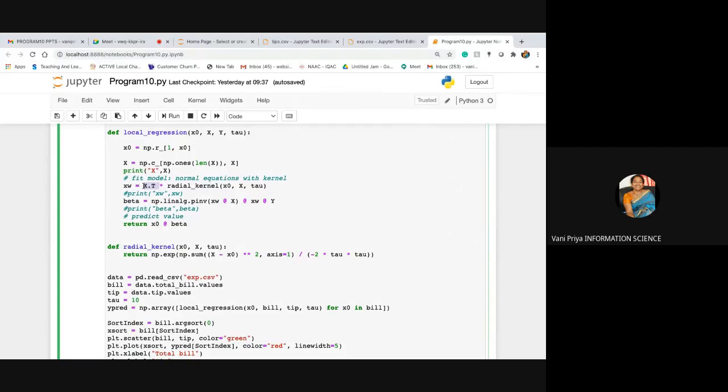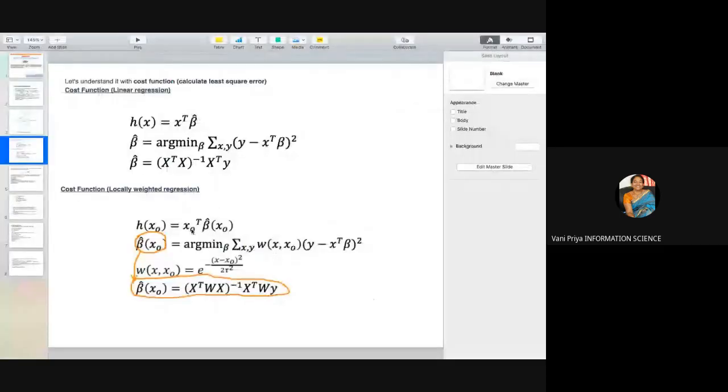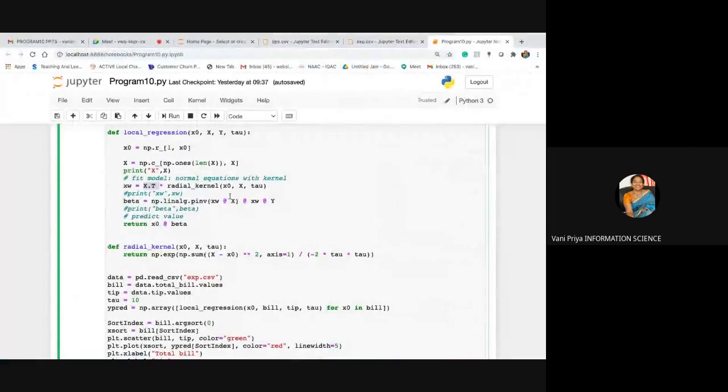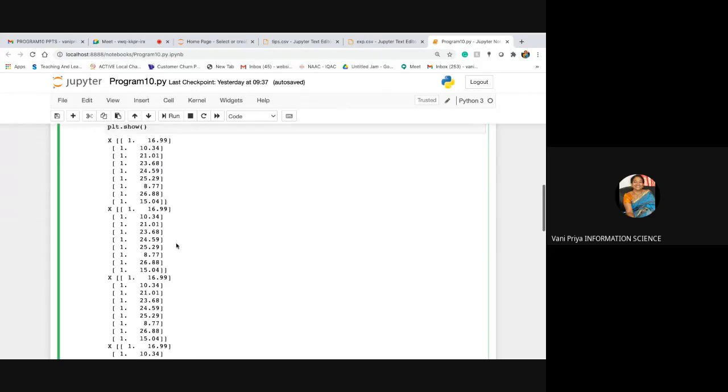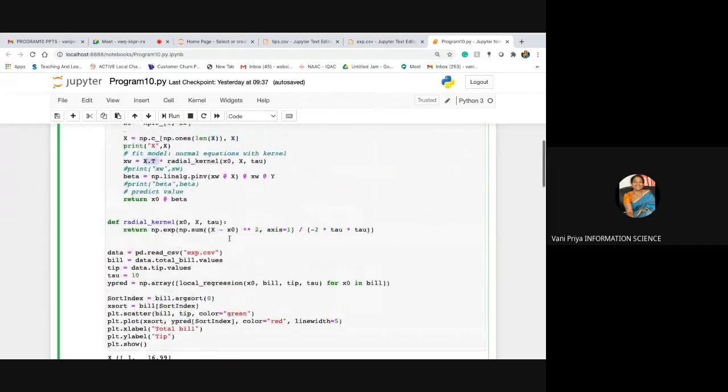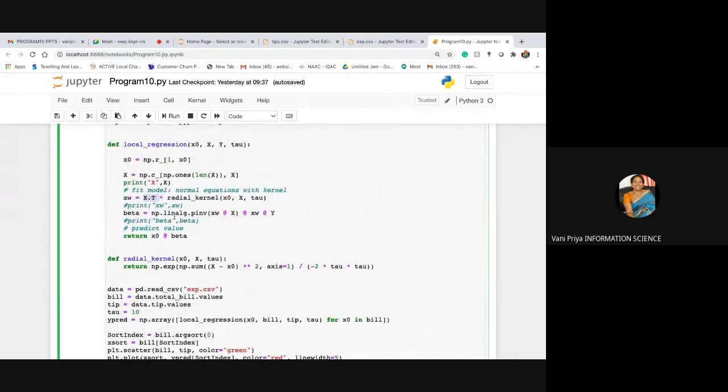If you see the formula, this is x transpose into beta of x naught. For that beta of x naught, you are going to call the function radial underscore kernel, and we are sending this x naught value and the total x here. X is now changed into these matrices. That matrix we are sending, and the tau value we are going to send.